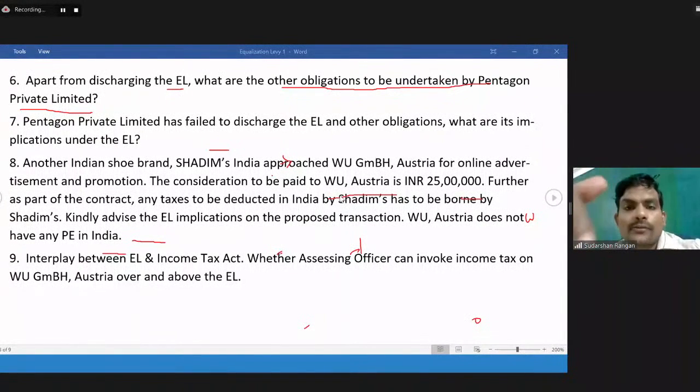So coming back, the question here is, the Austrian technology company is smart enough to say, I want 25 lakhs. If you are going to deduct, you have to bear the cost. This is something very similar to 195A, grossing up. I'm sure you all know grossing up: where the contract says the tax has to be borne by the Indian company, then the Indian company will gross it up. So 100 rupees, the non-resident says, I need 100 in my pocket. So we gross it up to 110 and then deduct,